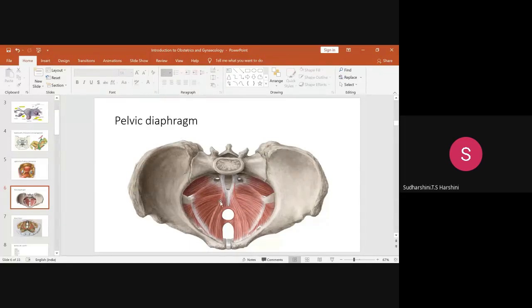So these two are the major portion of the pelvic diaphragm, the pubococcygeus and the iliococcygeus, which originates from the arcus tendineus levator ani. Ischiococcygeus, which originates from the ischial spine and gets inserted into the coccyx and the lower portion of the sacrum, is no more included in the pelvic diaphragm. But you just verify, some books have mentioned it as included. I don't know what they've given in Shaw.